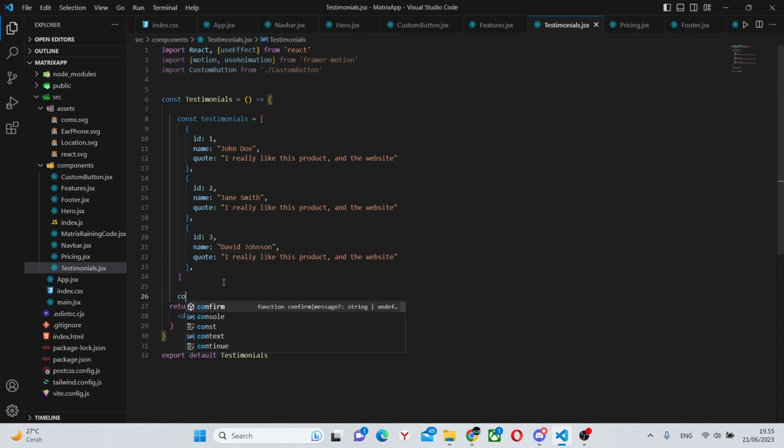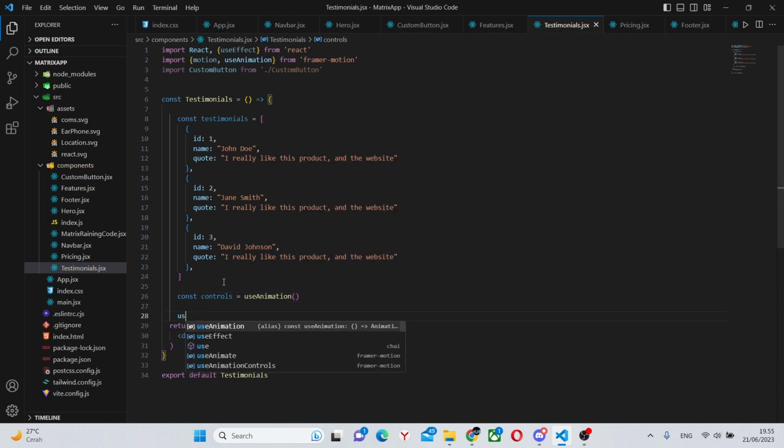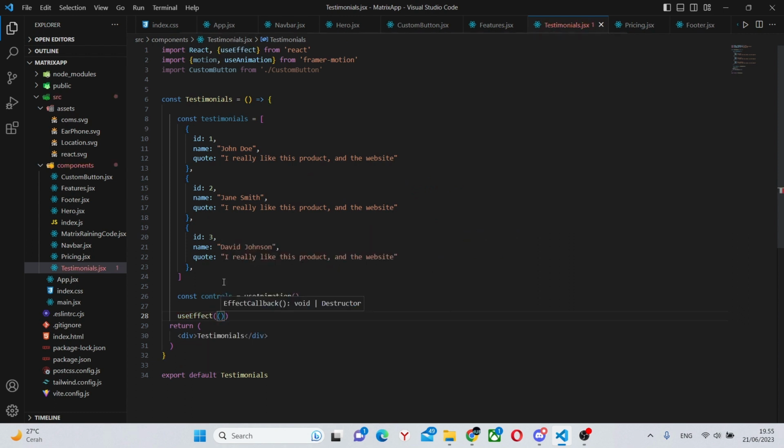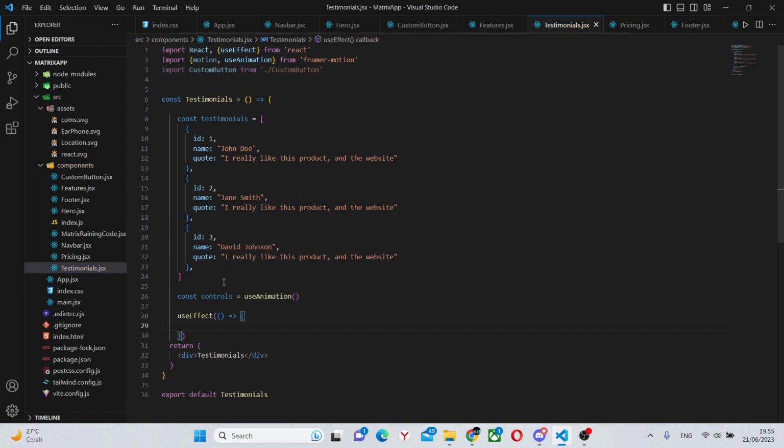Outside of the array, we can say const controls equals useAnimation and call the function. After that, we can create a use effect in which we have a callback function as usual. And in here, we'll create a function, a handleScroll.